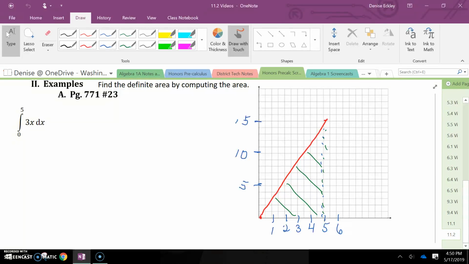And what I did is I graphed it. So I put 0 in for x and I got 0. And I put 5 in for x and I got 15. And it's a linear function. So I drew the line and I see that this creates a triangle. So what I have is I have a triangle